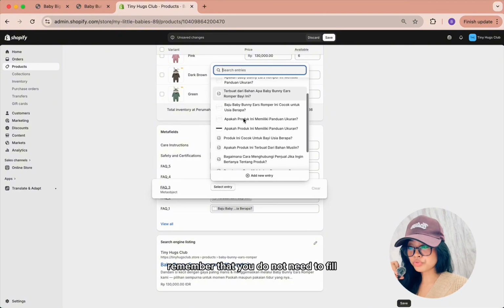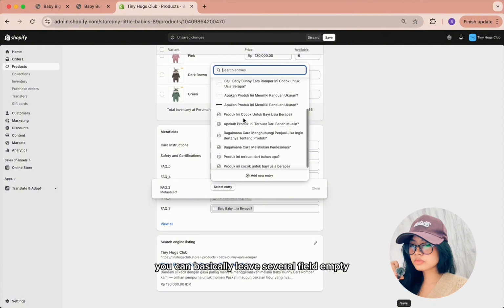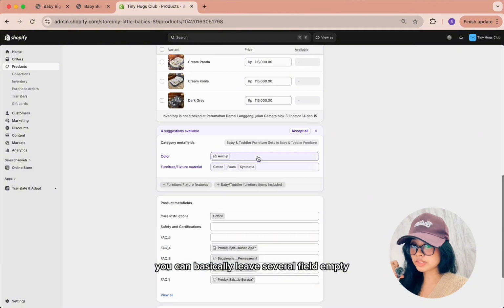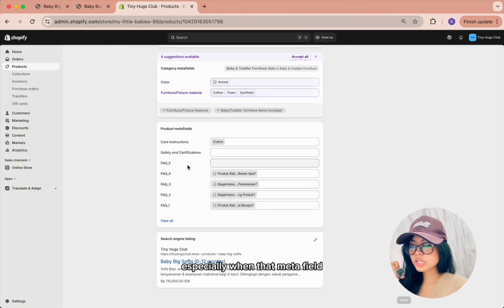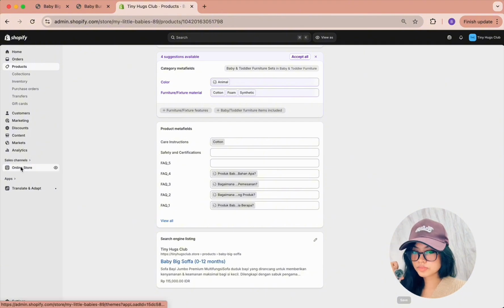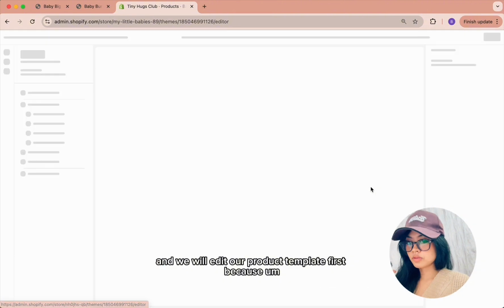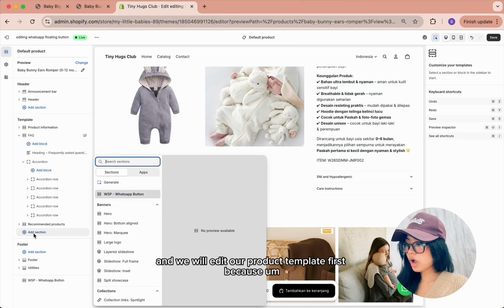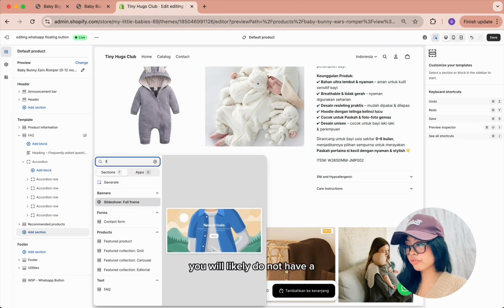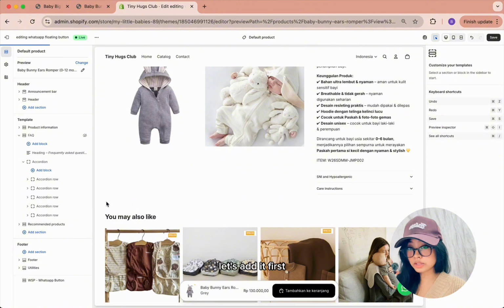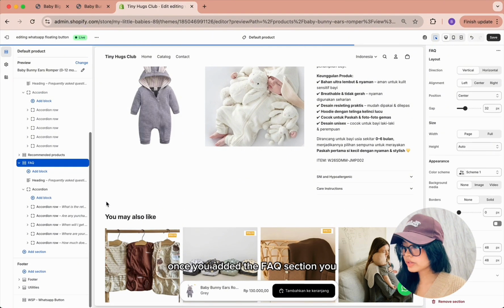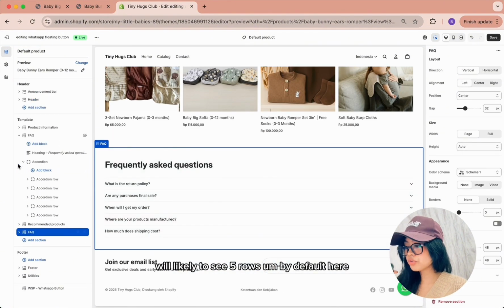Remember that you do not need to fill all the meta fields. You can basically leave several fields empty, especially when that meta field or that question is not relevant to your product. So now let's go to our theme and edit our product template. First, because you will likely not have an FAQ section on your product template, let's add it. Once you have added the FAQ section, you will likely see 5